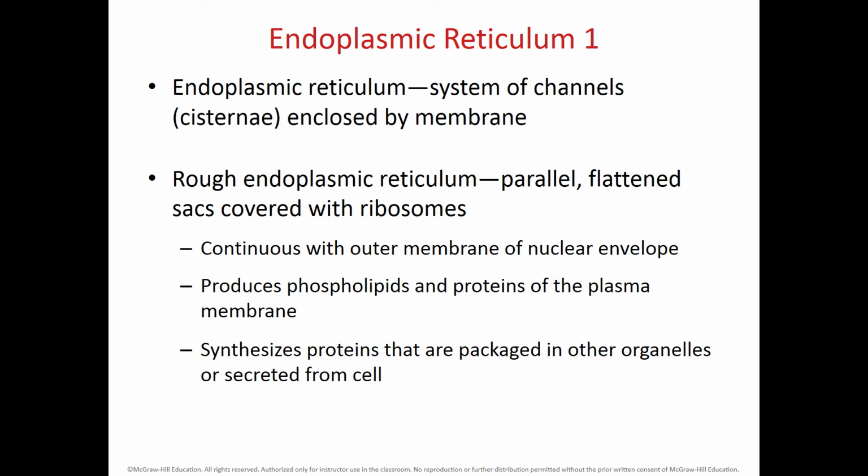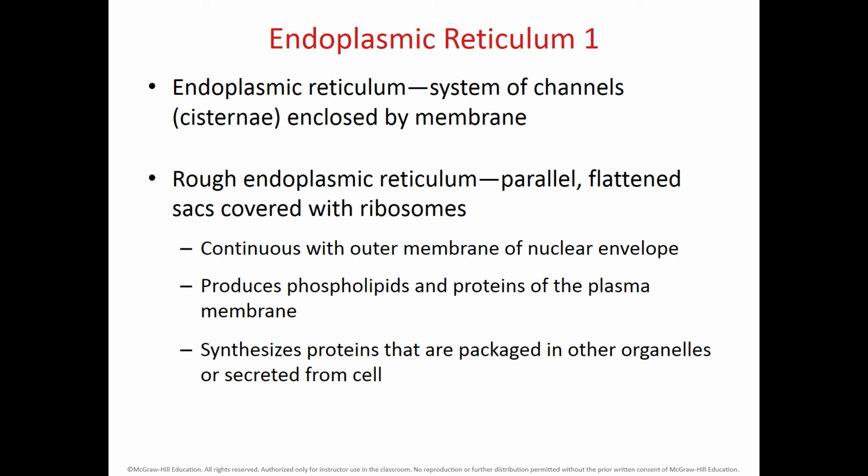Now, the endoplasmic reticulum is the generic name for this organelle that has cisternae, or these stacks of membranes that act like a channel or channels. Now we have two types of endoplasmic reticulum. We have the rough that I already told you about, that is covered with ribosomes. And because of these ribosomes, when you look at this rough endoplasmic reticulum under the electron microscope, you see it